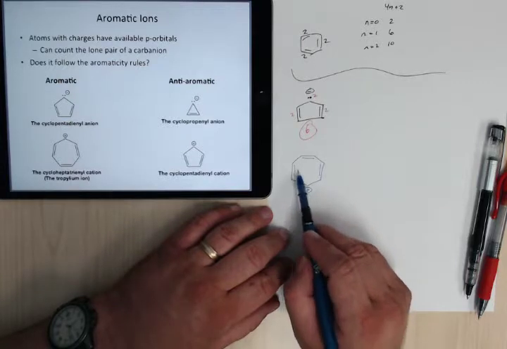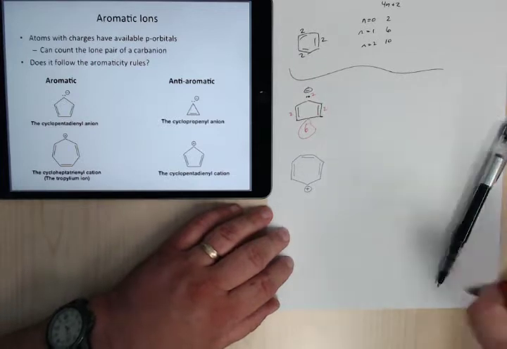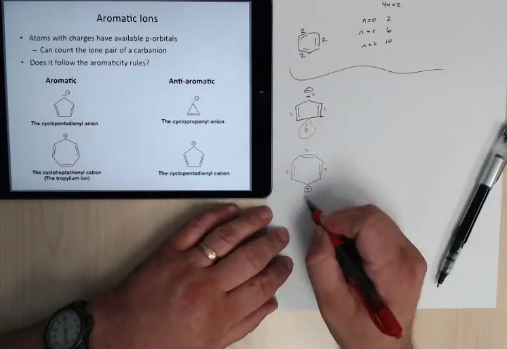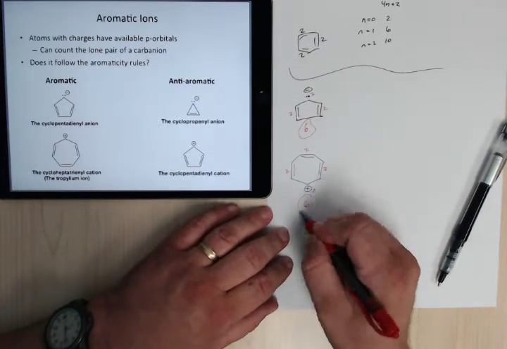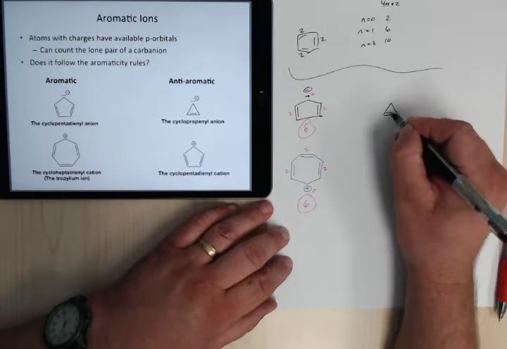Because it's charged. So these are part of double bonds. These two are part of double bonds. These are part of double bonds, right? So 2, 2, 2, 0, so 6, aromatic. Okay? Now, but this one here,